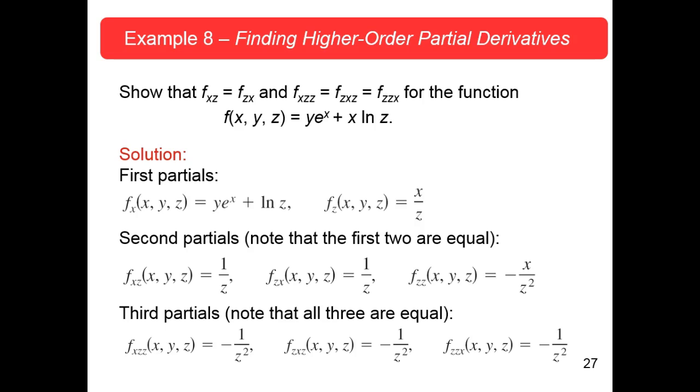Partial of this one with respect to Z the second time, think of this as Z to the minus 1, that would be minus Z to the minus 2, and that's it. And it's the same as this, so that would be the same result. But the partial of this with respect to X would be, this is a constant, and that's X to the first power, root of that is 1. So you just get minus 1 over Z squared. All three of those, right? Yes, we showed it. All right, that was example